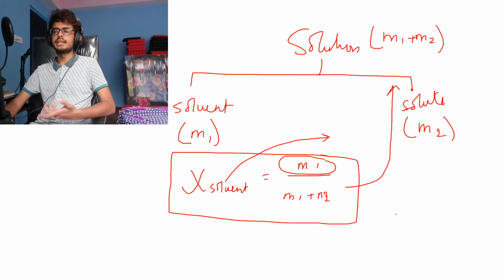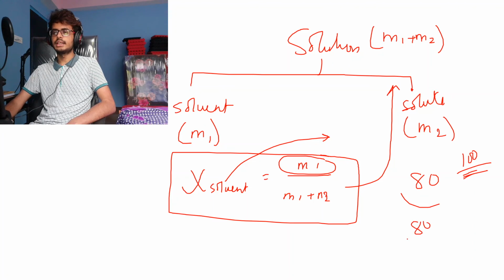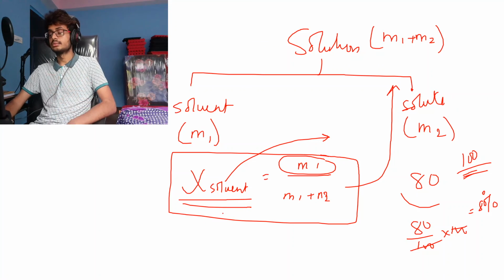So it's like finding the percentage of something. If I got 80 marks out of 100, right? So what percent is that? It is basically 80 by 100 into 100, right? So it is 80%. So you scored 80%, right? So it's the same thing, but the only difference is you don't have a percentage here. So you just find the fraction, you don't find the percent. That's why we call it the mole fraction, not the mole percentage, right?